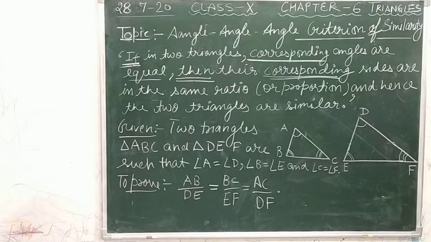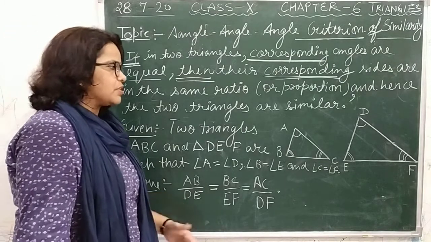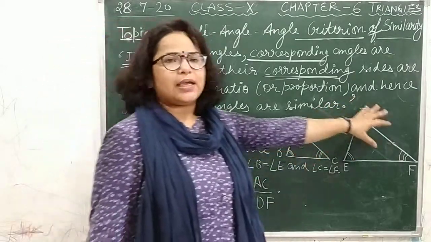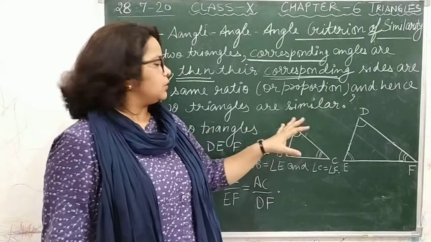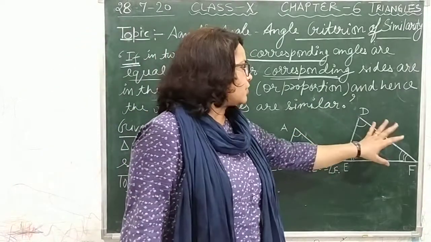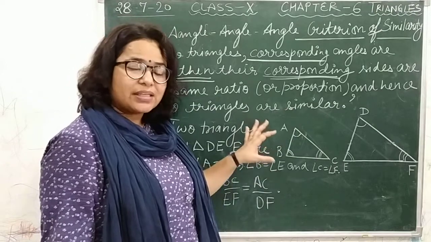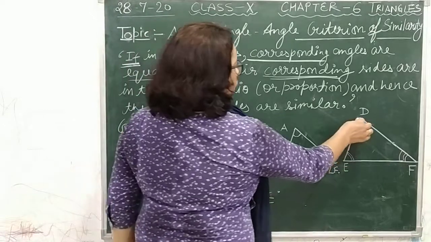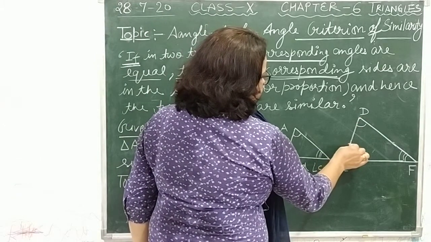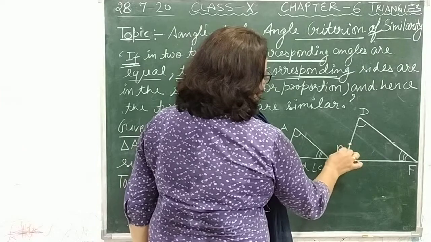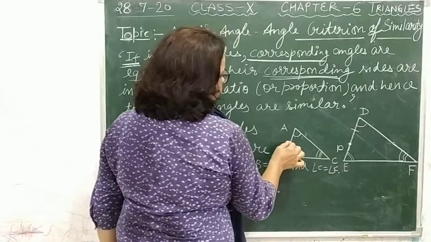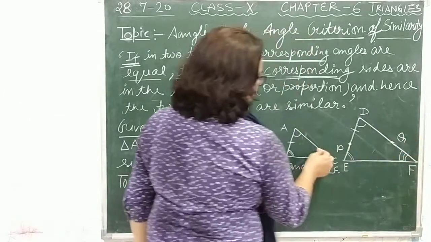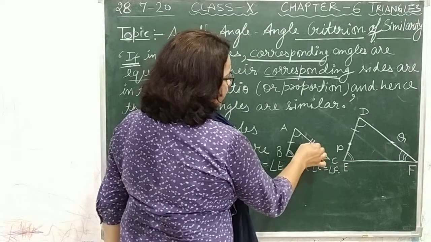So to prove it, let us do some construction. For that, I am taking triangle DEF bigger than triangle ABC, but you see their shapes are the same, the difference is their size. This is smaller, this is bigger. So on DE, let us mark a point P such that DP is equal to AB, and on DF let us mark a point Q such that AC